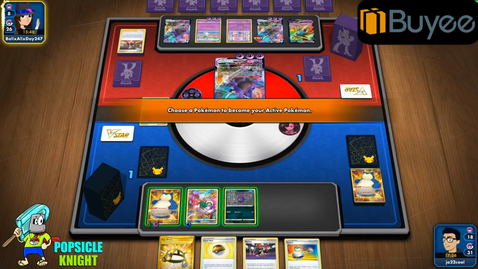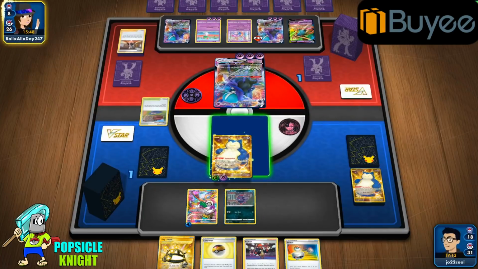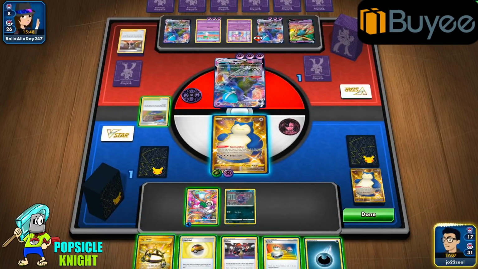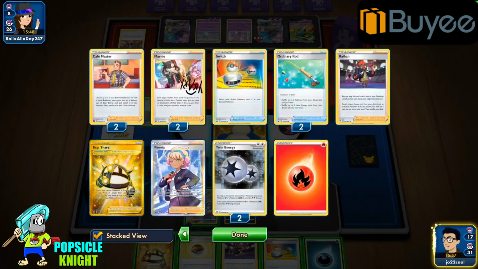Oh man, this is gonna be bad. I mean, I have Raihan. What I could do is put my Snorlax in the active. I can get a Twin Energy with Raihan. I can even set up another Alcremie, but it's gonna be a long shot. My opponent just needs one more turn. If they have